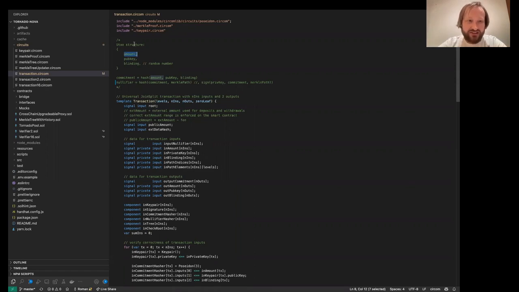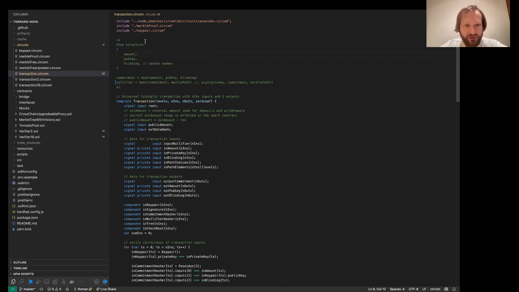So what a transaction is on a high level: we take two leaves from the Merkle tree that are not spent yet, mark them as spent, and then generate two new leaves that are the outputs of the transaction. So we take two inputs of this form and generate two outputs of this form and insert them in the Merkle tree. This is a generic join-split transaction that has two inputs and two outputs.